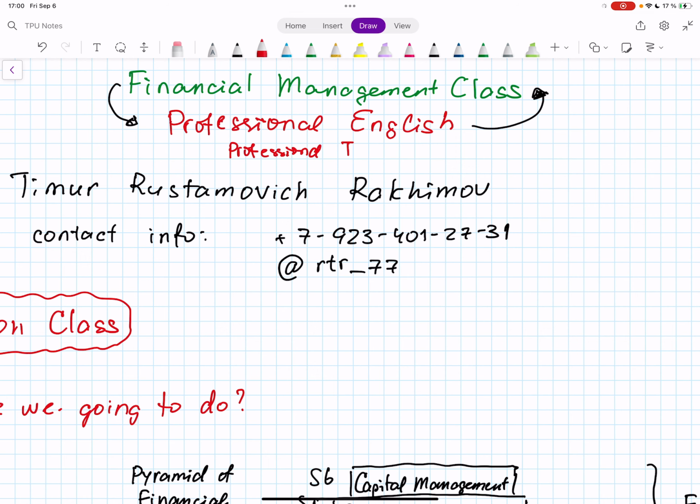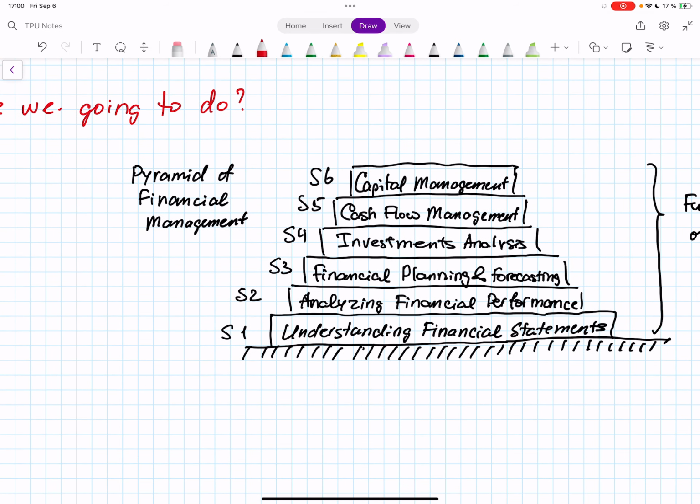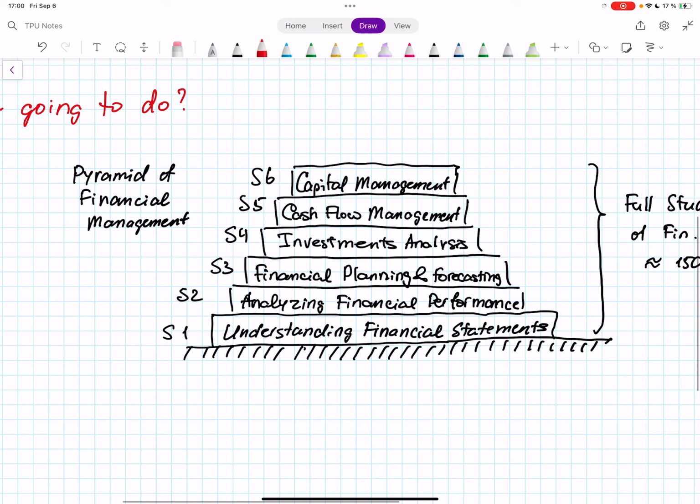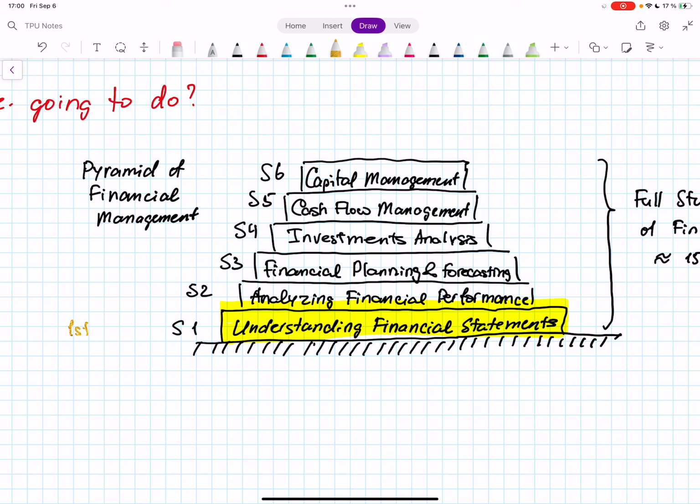So we will study professional terminology from financial management only from the first 2 sections. Section 1 is what we study in the first semester.